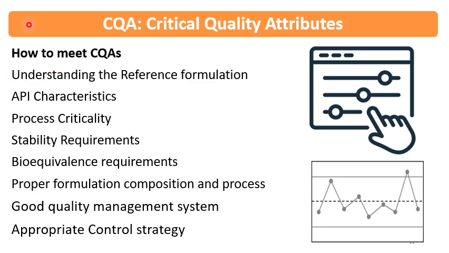We have to understand the reference formulation. What are the quality attributes for reference formulation? Then API characteristics play a very important role in defining the CQAs. Then process criticality, stability requirement, bioequivalence requirements, and proper formulation composition and process design will give the way forward for meeting the CQAs. Good quality management system followed by the